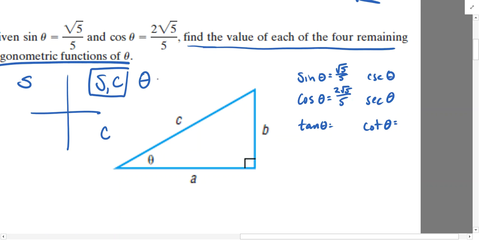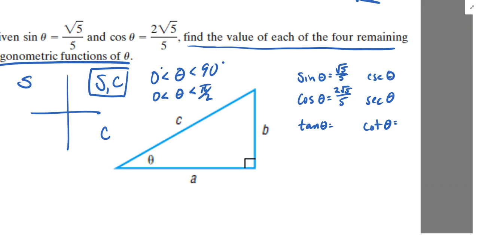So if I were solving for theta, I know that theta has to be somewhere in between 0 and 90 degrees, or somewhere between 0 and pi over 2 radians. Now again, in this particular case, a right triangle was provided to us, and so the angle measure theta in this right triangle, of course, is going to be between 0 and 90 degrees, or between 0 and pi over 2 radians,